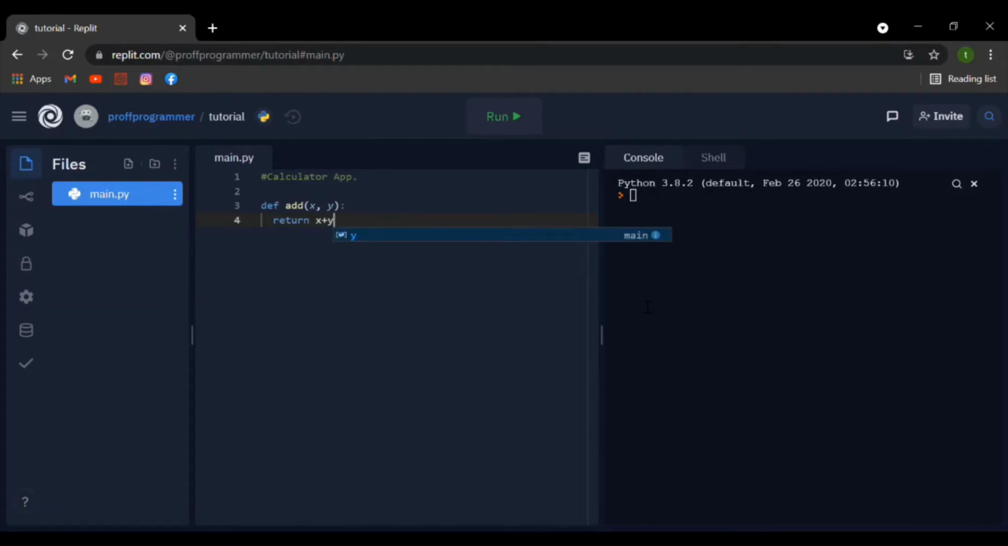Now the next thing I'm going to do is create another function, and it's going to be called subtract, and it's also going to be taking in two parameters, which are x and y. So I'll be returning x minus y. Alright, and now I'm going to be creating a different function called multiply, and this will multiply